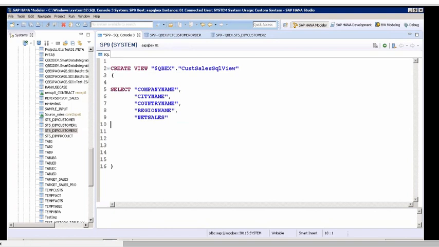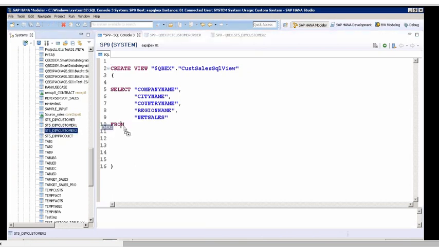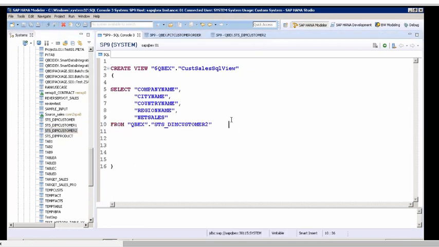Select all these columns. From which table? You use the keyword from clause, where you say from which tables you want. You got table 1 and table 2. What is the first table here? It has to be qualified with the schema name because that's a different schema. So I'll say from. If you don't want to type, I can straight away drag this. This is a table name. That is one table. Now you want to read data from this table by joining to what?